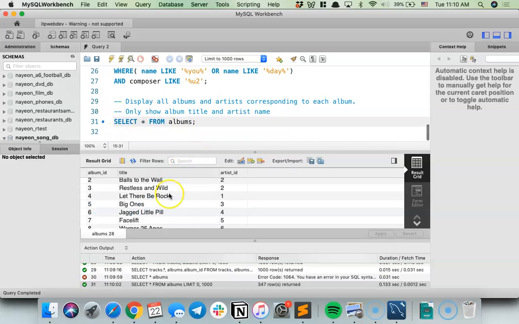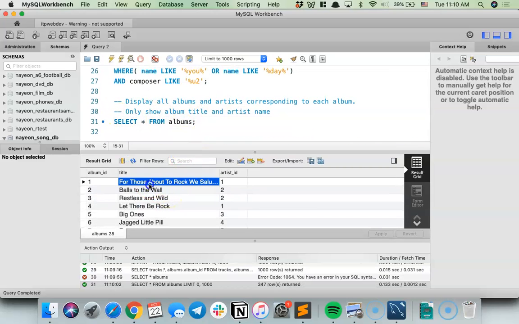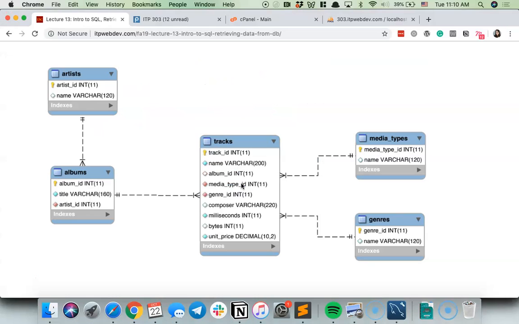My albums table is very simple. It just has the title of the album and which artist it belongs to. But what I want to see is not just numbers. I don't want to see artist ID number 1 wrote this album. I want to see the actual artist name. I want to grab the name from my artist table and join it with my albums table, so I can see the name of the artist here.